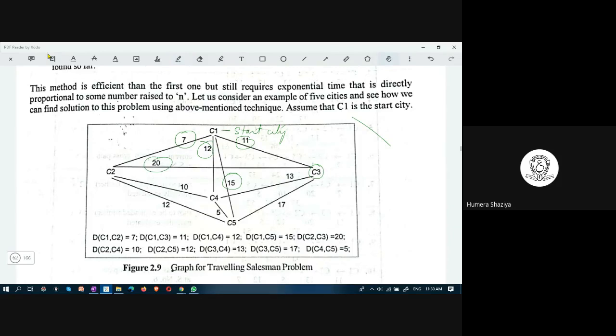C2 to C4, 10. C2 to C5, 12. C3 to C4, 13. C3 to C5, 17. C4 to C5, 5. All right, these are the distances.